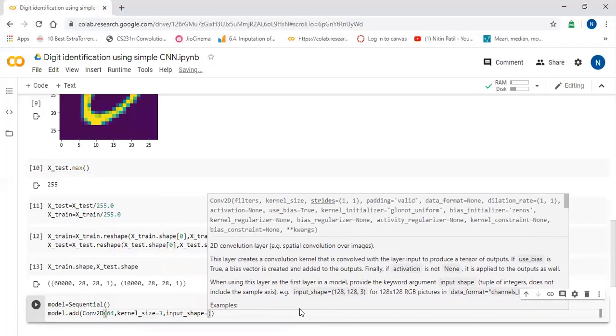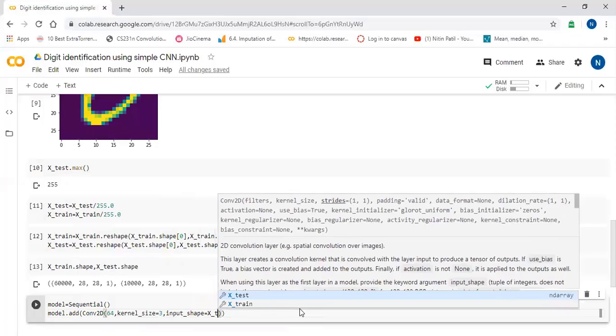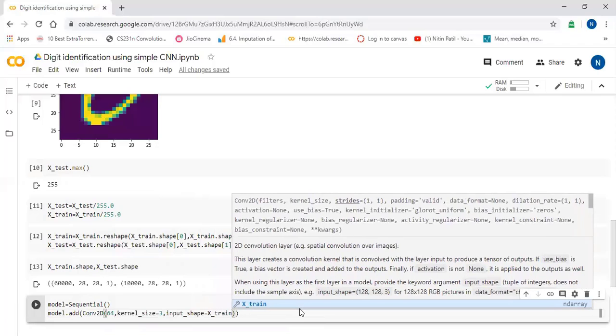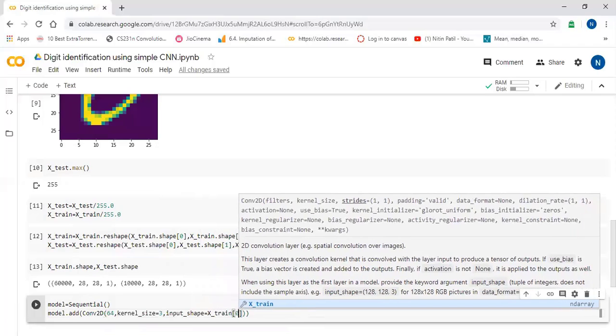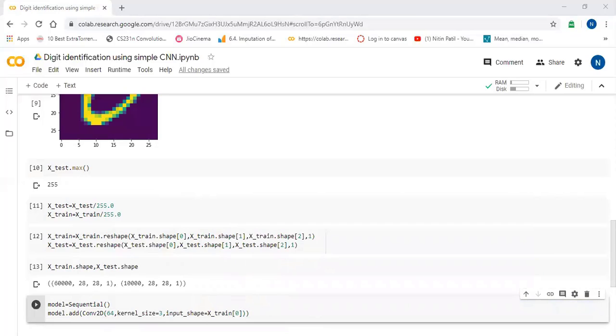What will be our input shape? x_train[0], that will be the first image which we are providing. So I will say x_train[0].shape. Okay.